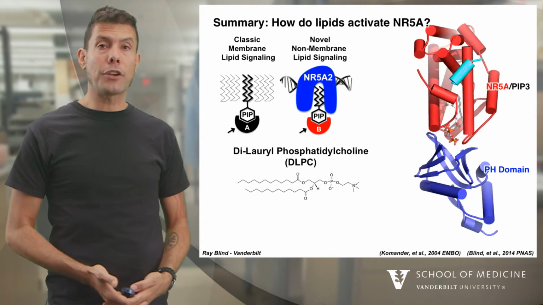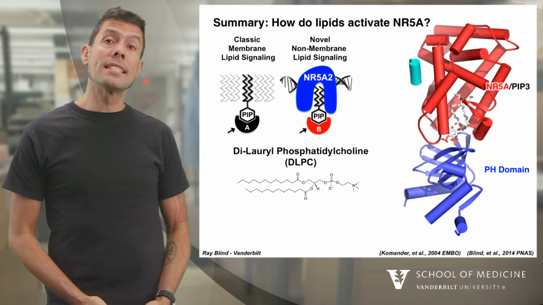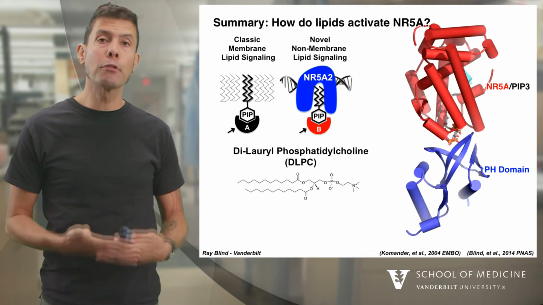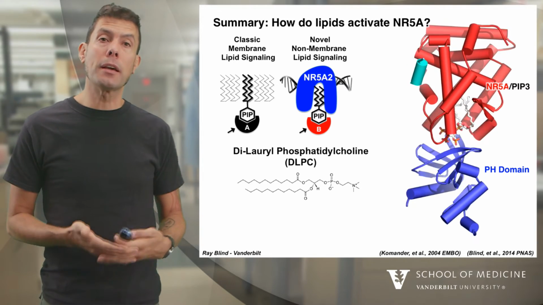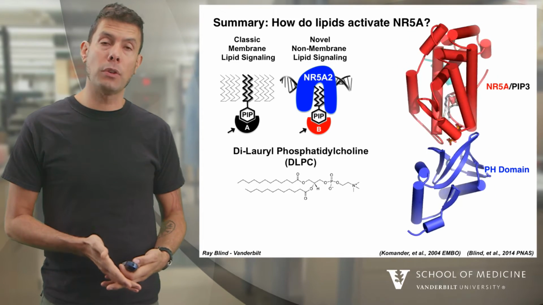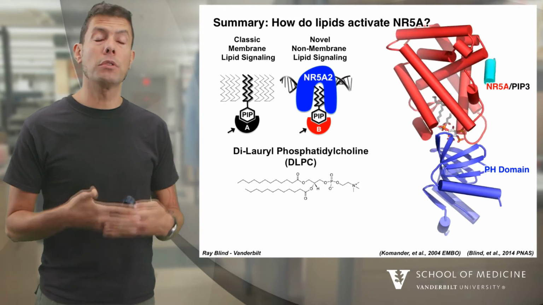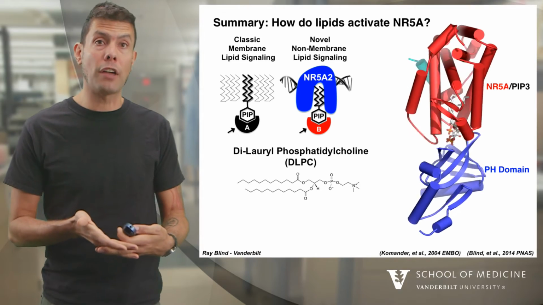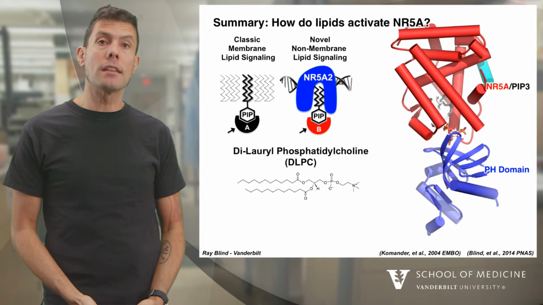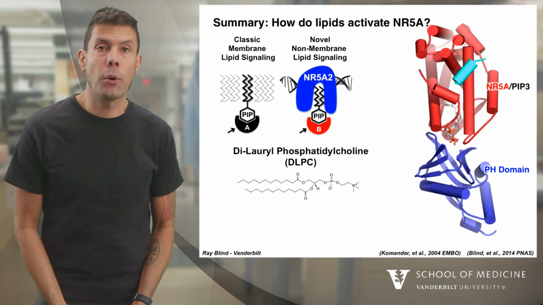And so our hypothesis, which is very different from other groups' hypothesis about how DLPC actually works, is that it is not a conformational changer of the NR5A nuclear receptor. But rather than changing the conformation, it is actually competing with endogenous phospholipids to displace the endogenous phospholipid away from NR5A and thus activate the receptor. So of course, if you're displacing that away, it would have to be an inhibitory phospholipid. But as I stated earlier, we know that the PIP2 phospholipid actually does inhibit the activity of the NR5A nuclear receptor. So this is work that's ongoing in the lab right now, and we're